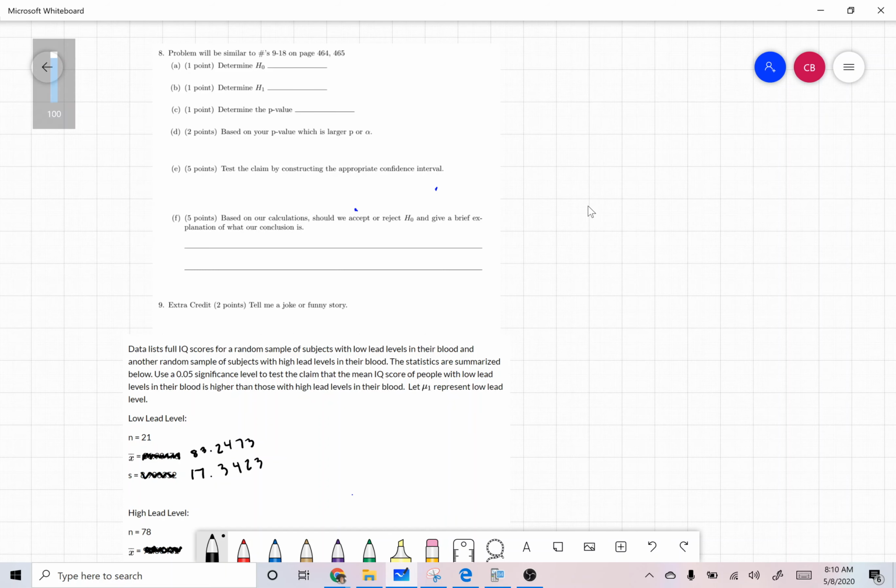Okay, so just a little disclaimer for this last problem. I didn't realize that the review said the following. This is a different book, so these pages will not match up. I don't believe, unless for some reason they did. But since we're doing hypothesis testing, this case is going to be a mean,